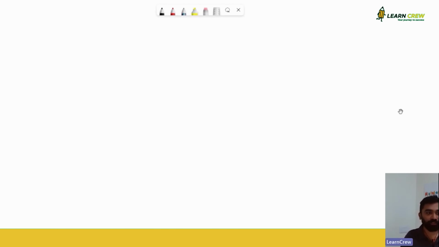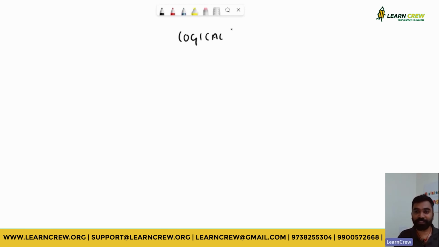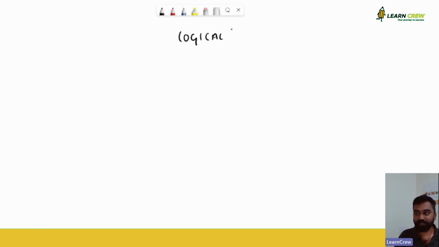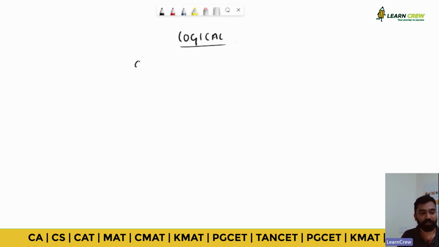So from today, we'll start with your logical reasoning part. This is one of the easy parts to score for any examination. Certain topics over here are easy. Certain topics are a bit tricky, not confusing, a bit tricky. But if you remember the methods used here, yes, you can solve. Fine. Logical part. And here, the first two topics that we are going to do for today is coding and